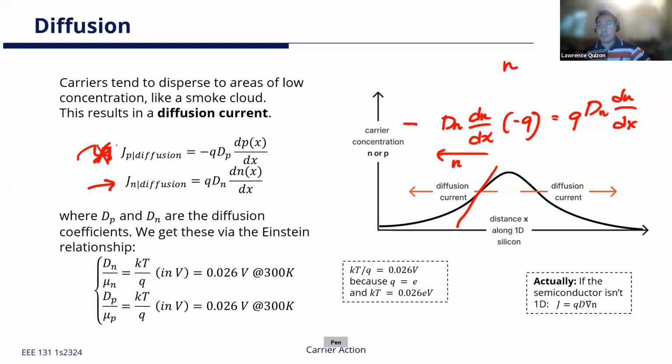Deriving it for P is an exercise left to the reader, but you will just find that the negative doesn't cancel out, right? Because this is positive Q. That's the only difference. Anyway, we know what DTN and DP and DN are for silicon, for intrinsic silicon in